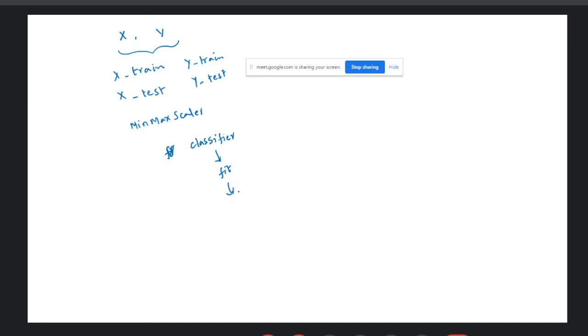Then you check the score for training and testing samples, then call the predict method on the test samples, and then use the metrics to form the confusion matrix, and then print the classification report. So this cycle is common for any classifier, whether it is a standard built-in classifier or your own classifier. This process will never change.